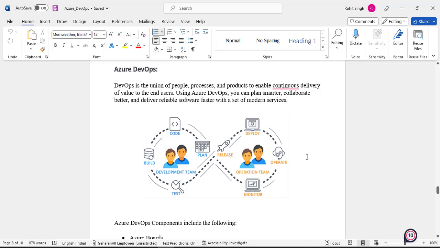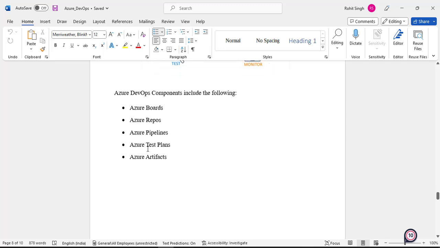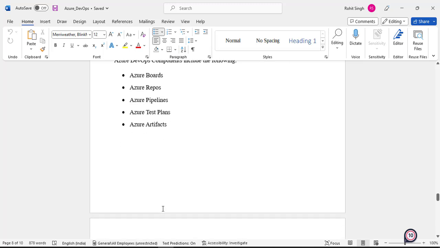Now these are the important components in Azure DevOps. Azure Boards, wherein you can maintain your work items. Azure Repos, which is your Git repository management. Azure Pipelines will have your build and release, and there are multiple other things which Azure Pipelines has. Test Plans, this is where you can create test plans for yourself. Azure Artifacts, wherein you can store artifacts. So these are the important components. There are other things also in Azure DevOps, but these are the 5 important components which you will come across.